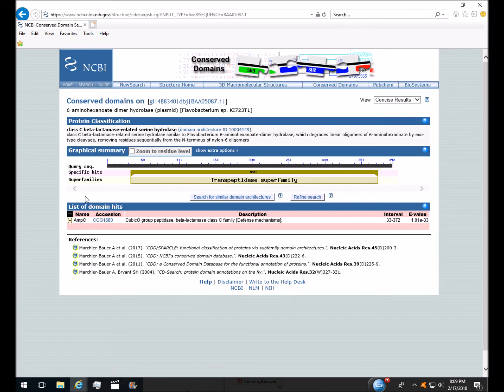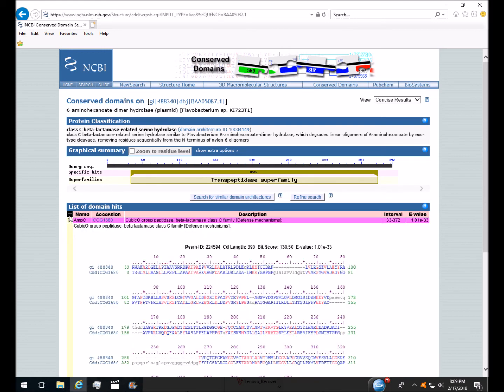Just for those aficionados, you can actually see how the beta-lactamase fold was inferred. Just click here to expand where it says AMP-C. That takes us to the position-specific matrix, but that's neither here nor there. That's just for the aficionados. But getting back to try to find the large and even larger number of nylonases,